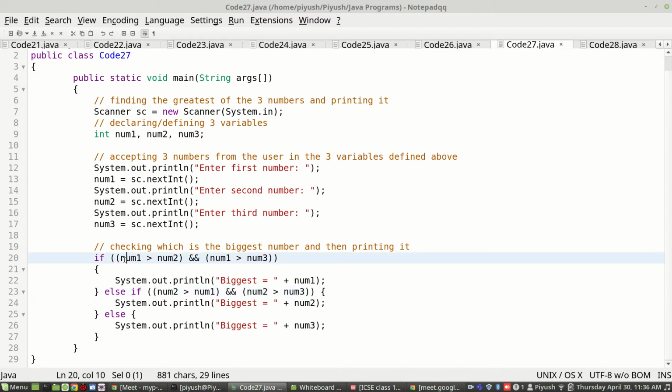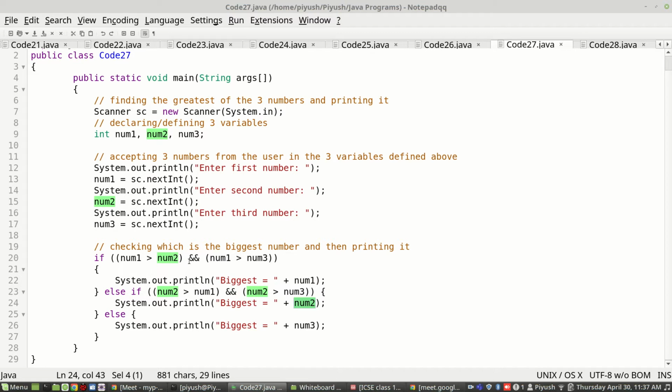So if num2 is greater than num1 and num2 is greater than num3, that means the second number is greater than the first number and also greater than the third number, and both the conditions hold true at the same time together. Then is it not natural that num2 is the greatest number or the biggest number?